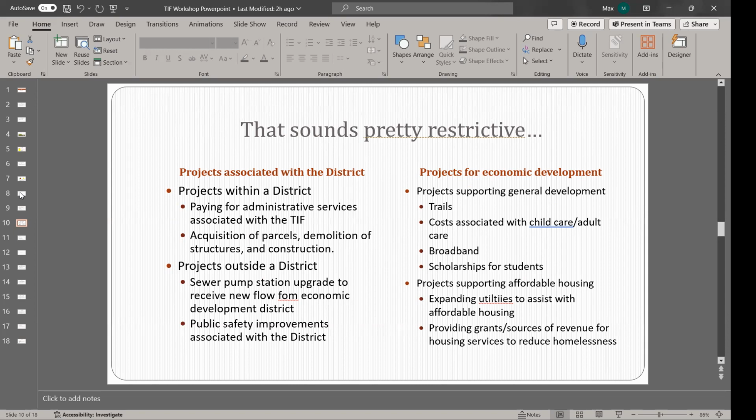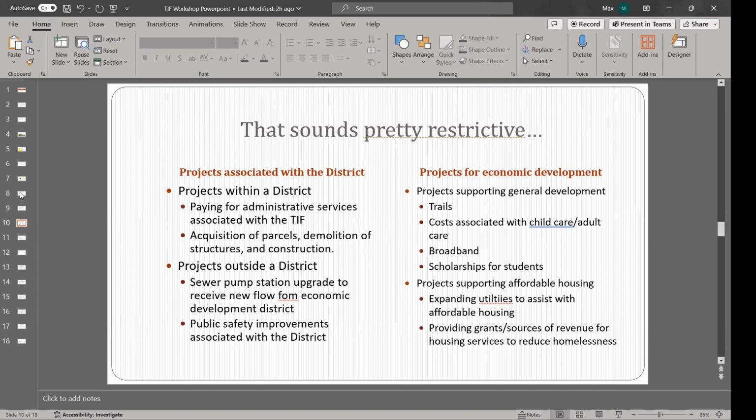Something that was always used for private use, but once it was available on the market and there was the threat of it being developed into something else, the town used the TIF district to purchase the parcel, and now it's preserving downtown parking. But some towns can also use this for demolition of slum and blight buildings or constructing on a brownfield site.